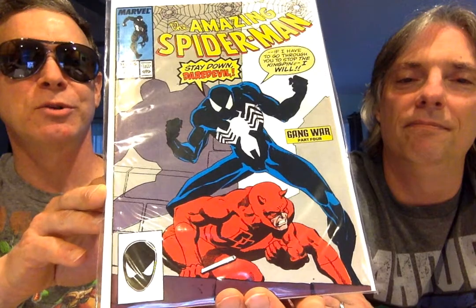Spider-Man versus Daredevil. They team up quite a bit, but you don't usually see them going against each other. But this is later on. This is Spider-Man with the black suit. This is issue 287, right? That's 287. 287, yep. Definitely cool. And then the last one in my list here,